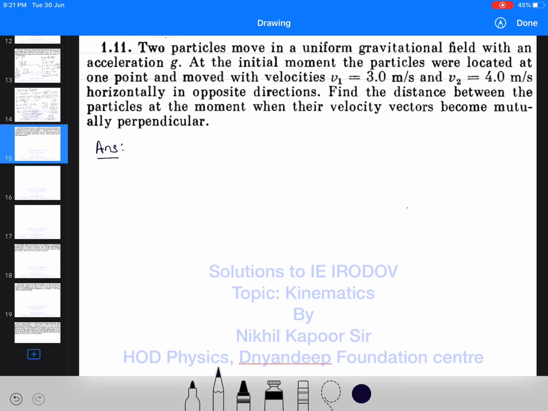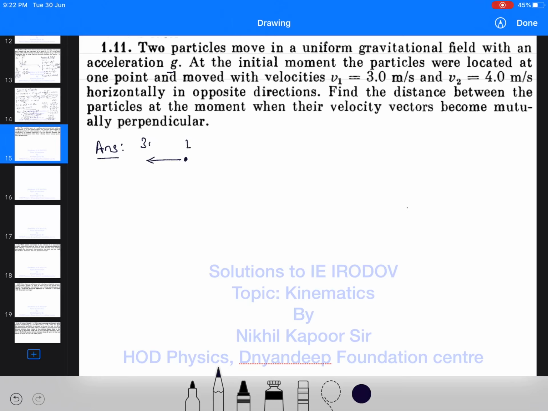Let's start with the 11th question. Now, what is said here? Two particles move in a uniform gravitational field of acceleration g. At the initial moment, the particles were located at one point and move with velocities v1 and v2 horizontally